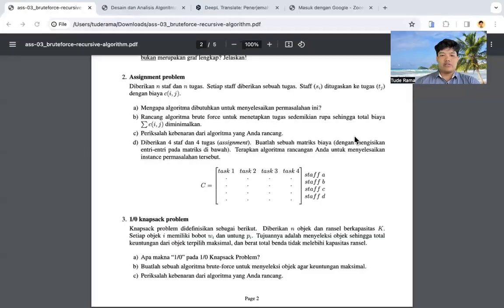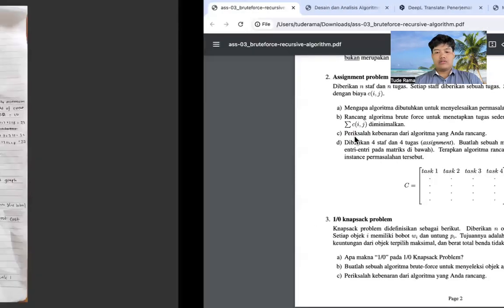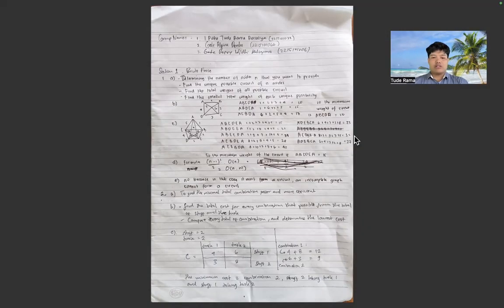Next question is to prove the algorithm that I made. So I choose 2 staff and 2 tasks. For staff 1, task 1 costs 4 and task 2 costs 6, and for staff 2, task 1 costs 3 and task 2 costs 8.